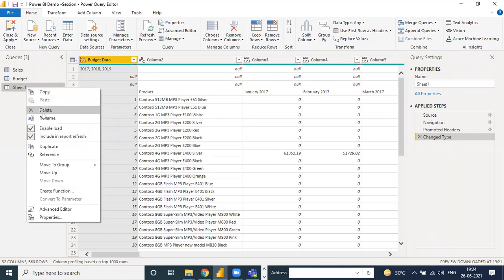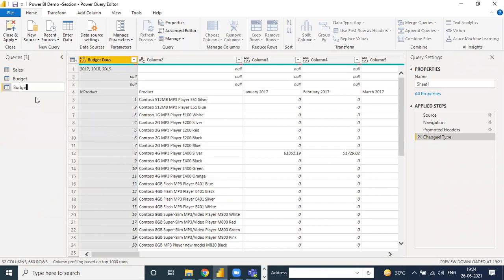So first I will rename it budget data. Okay. Suppose in this data we have 3 rows, and these we don't need. Power BI is a machine tool, so the machine automatically reads only the main data, like product ID, product number, Jan to Feb. These are the correct data. Okay. So we want to remove these 3 rows.